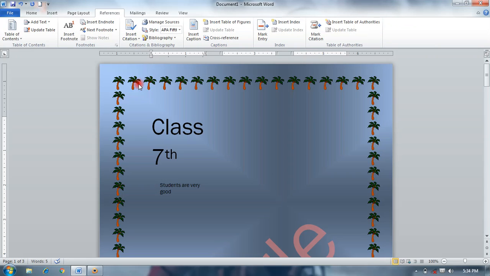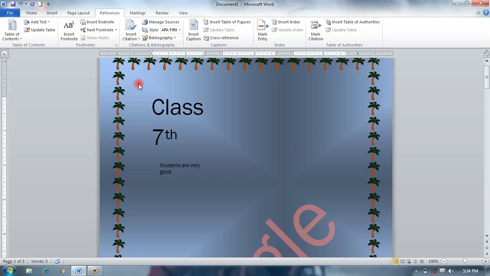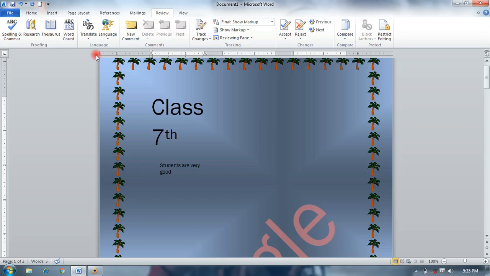Reference option, in this option we can see many formatting tools which are applied according to your requirement. Okay, mailing and review, it is used for the grammatical portion.